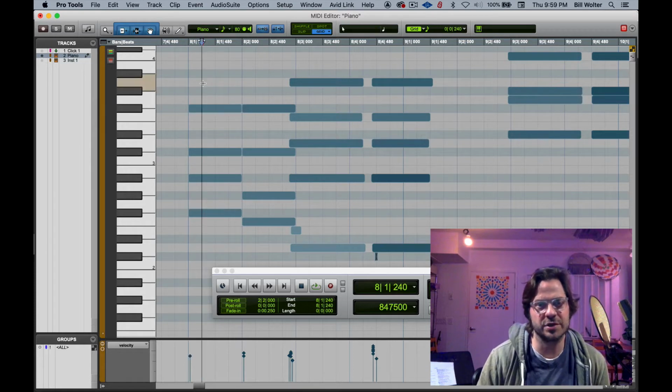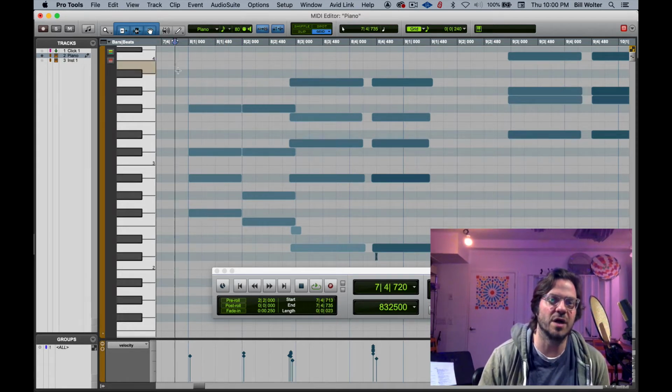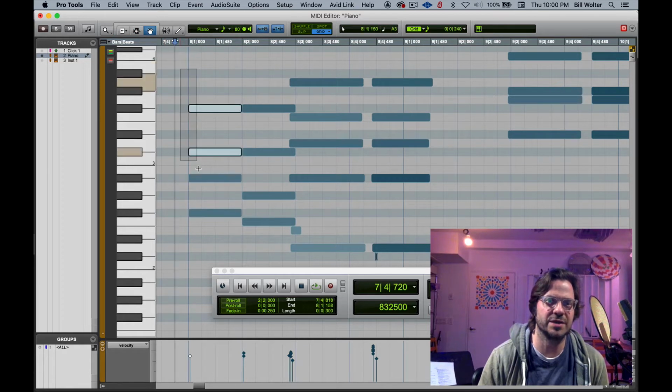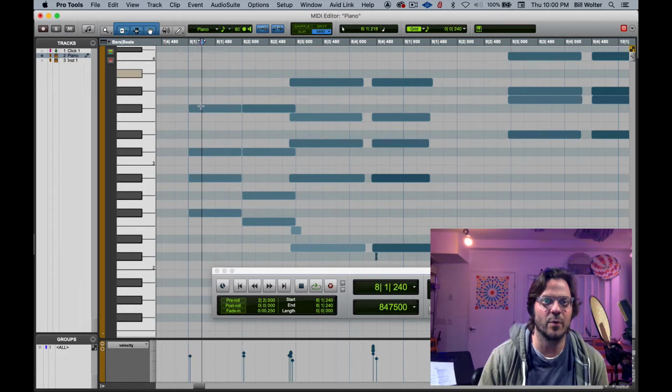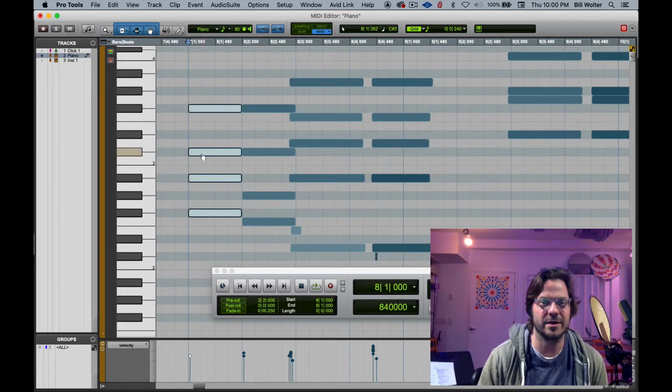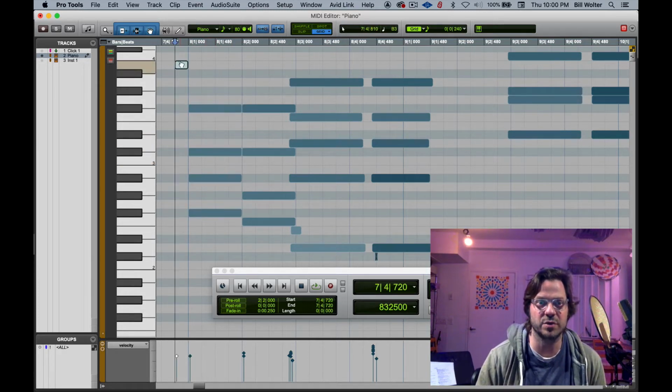So you can double click, put in a note, and then drag the duration however you want it. I like this crosshair for this. You can just kind of drag, and that should work in most any tool. If the Selector's on there, then the Selector will work. I just like this Smart tool, all three of them at once, and then you can trim everything and so forth. And I could take whole blocks of data, all these chords here,